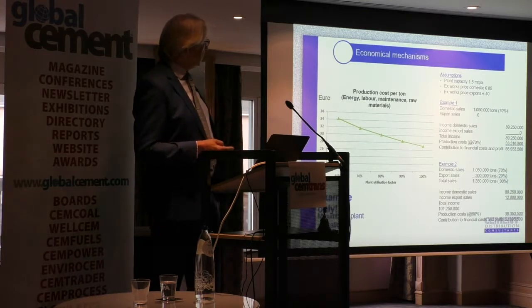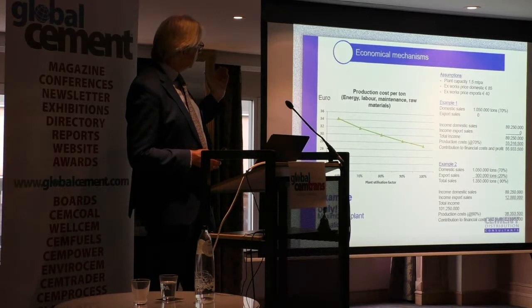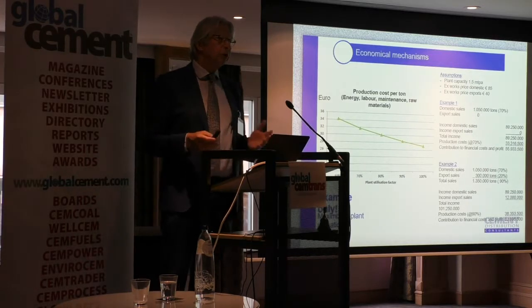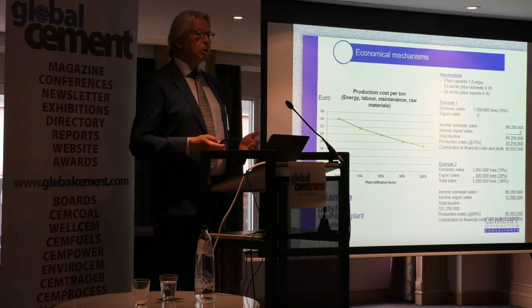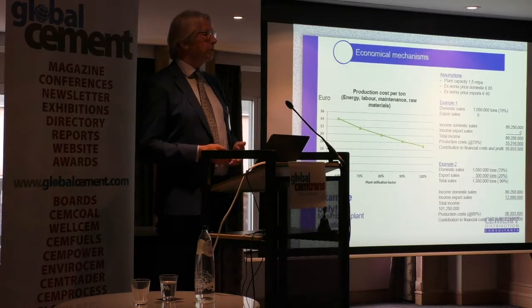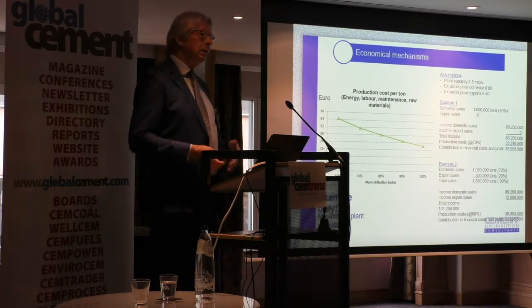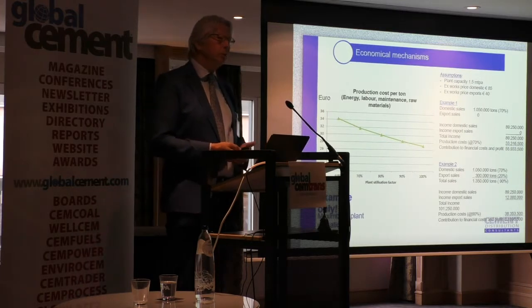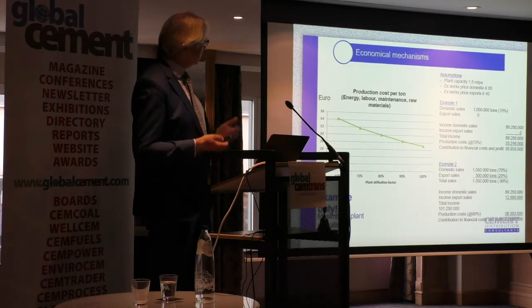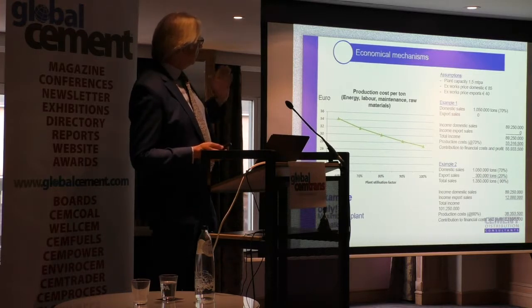This is an example of a cement plant, and what you have is that the production costs of a cement plant per ton are very much dependent on its utilization factor. A cement plant, whether you use it at 70% or at 90% of its utilization factor, basically has the same amount of personnel. You have to keep your kiln heated for 24 hours a day. Your maintenance is also in relation to the usage hours rather than ton throughput. So the cement plants, in production cost, are very much dependent on their utilization factor.